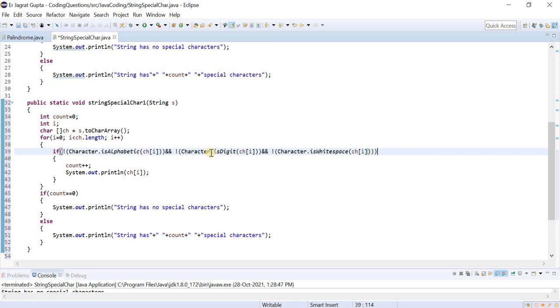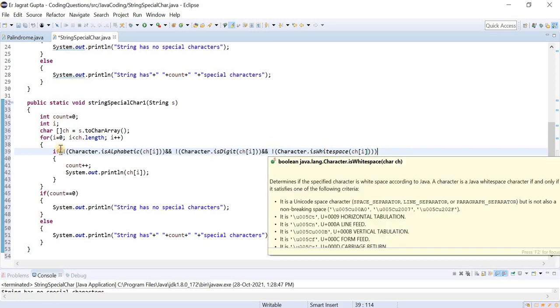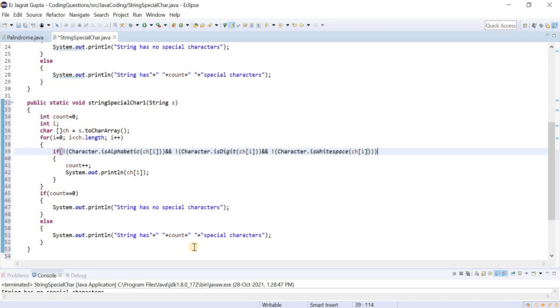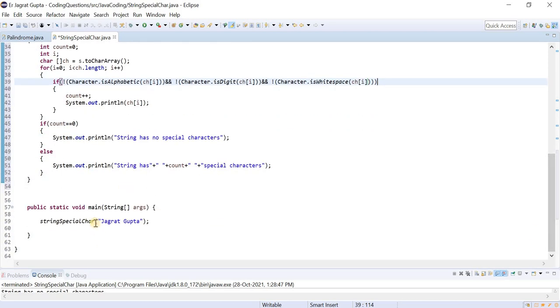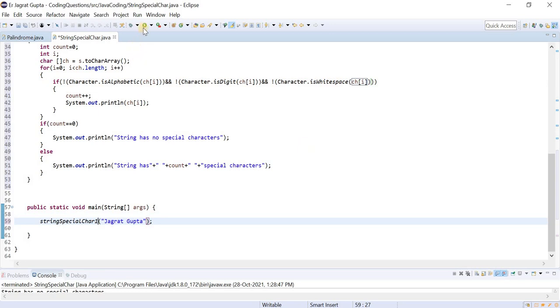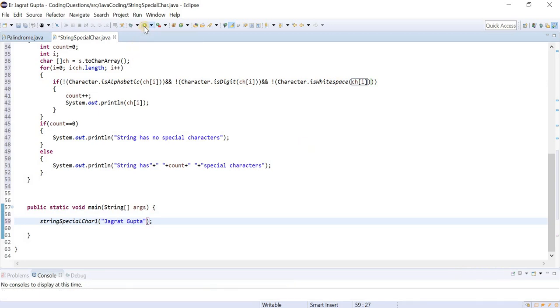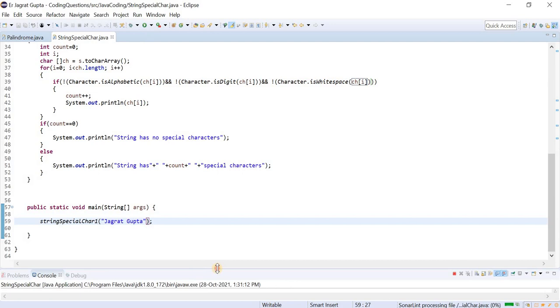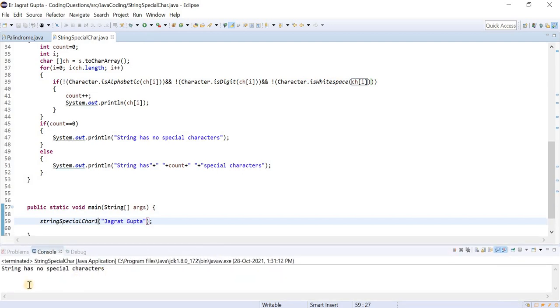So if alphabet, digit and white space is not there, then we will count this and we will print all these things. Okay. So let me run this thing and let's see whether it is working fine or not. So the first output would be like string has no special characters. Okay. So you can see that string has no special characters.